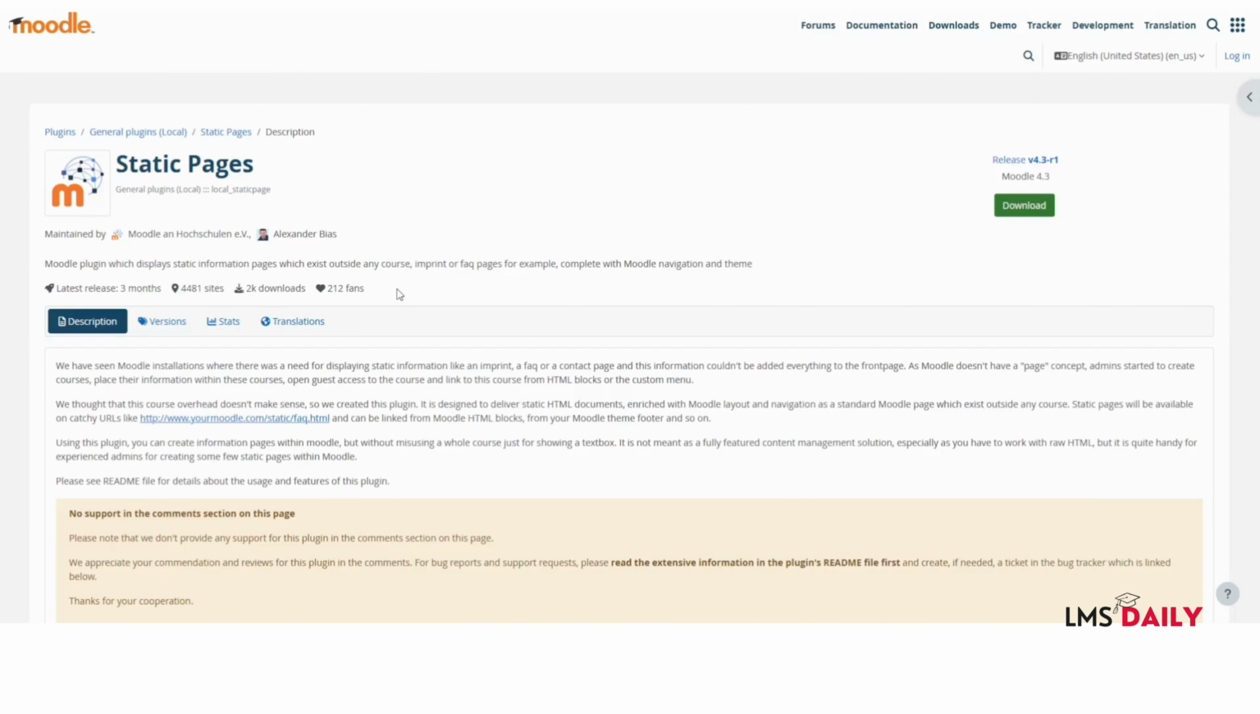In today's screencast, we will learn about the Moodle plugin named Static Pages. This Static Pages plugin allows you to create HTML pages within Moodle and turn your Moodle site into a proper CMS like WordPress or Drupal or Joomla. Since Moodle does not contain normal HTML pages, this Static Pages plugin can help you embed normal HTML pages